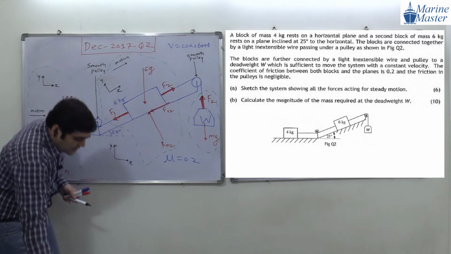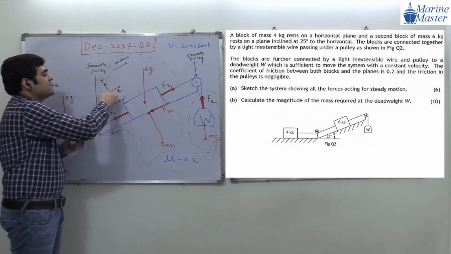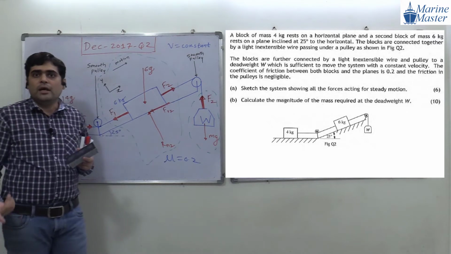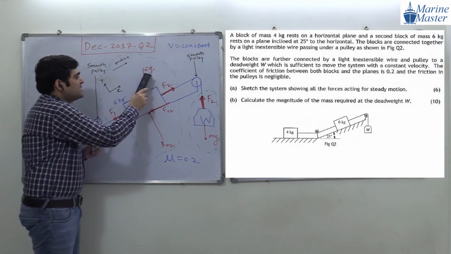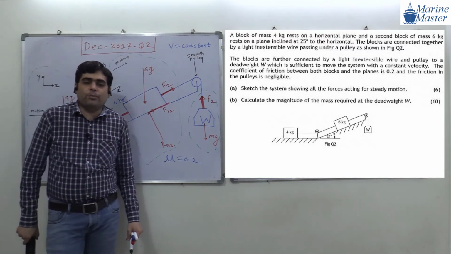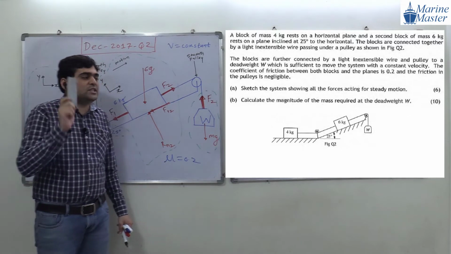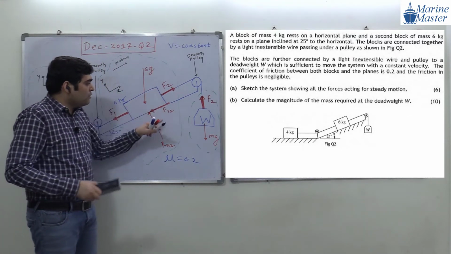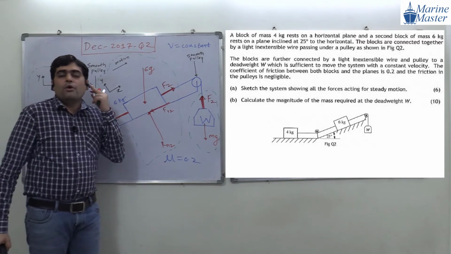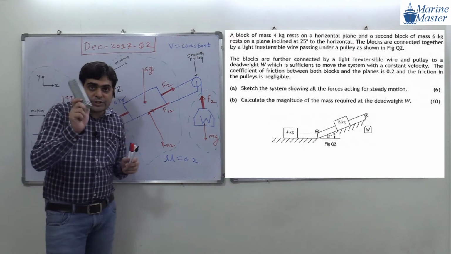But if we consider x and y direction like this, x along the plane, y perpendicular to the plane, then we have to take the components only for the 6G, guys. We have to take the components only for what? Only for the 6G. What about F1? What about F2? What about Fr2? What about Rn2? We don't have to take the components for anything. Guys, are you getting my point? Try to see the scenario here.